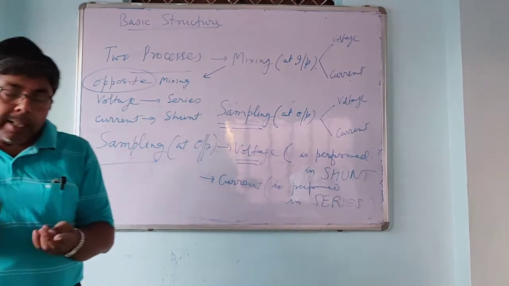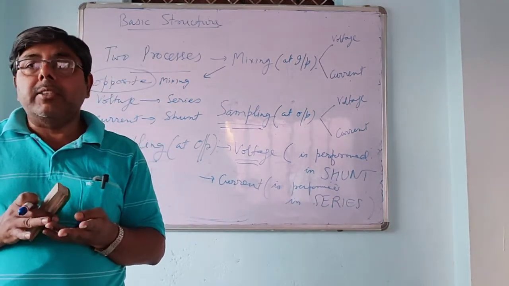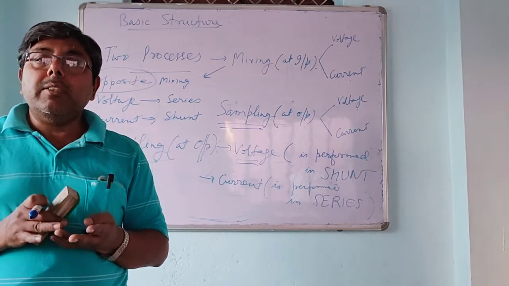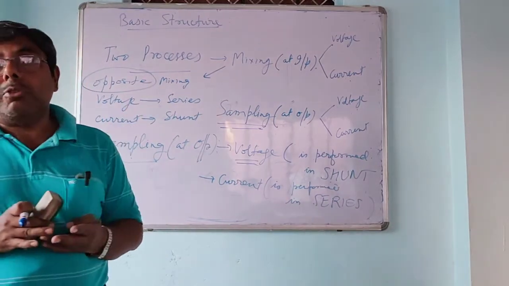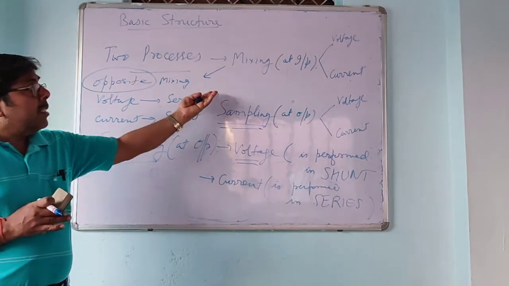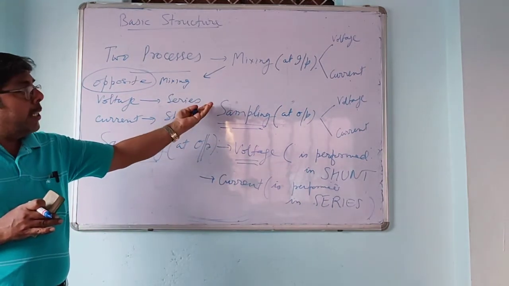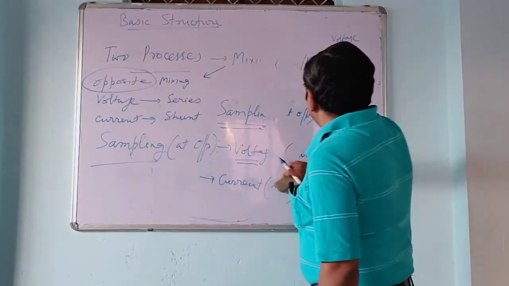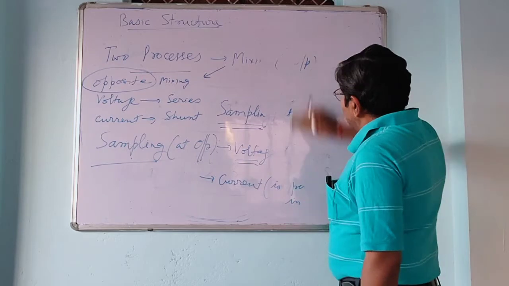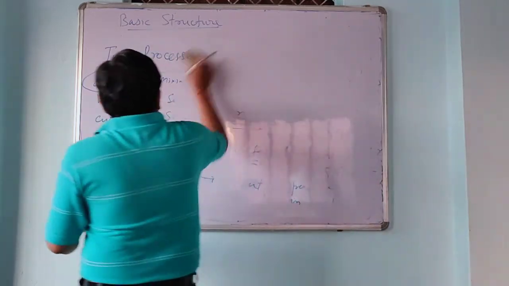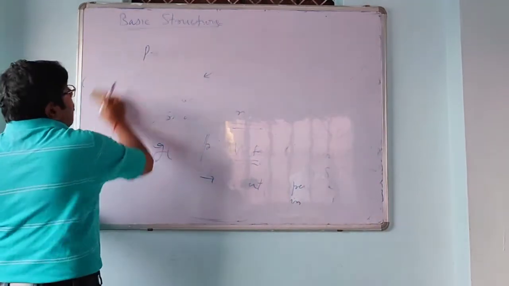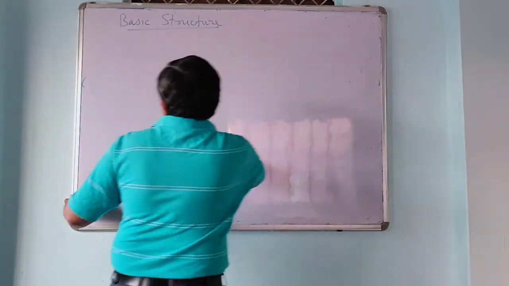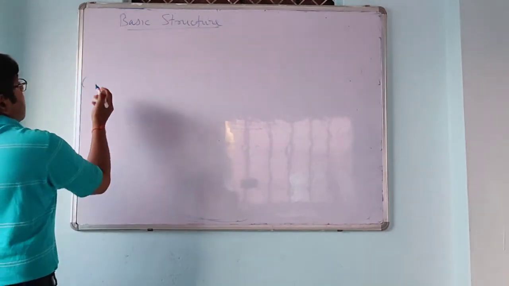Two processes are there, one is sampling, another is mixing. Sampling is obtained at the output, mixing is performed at the input. Sampling of voltage, sampling of current, mixing of voltage, mixing of current. So this is the basic concept. Now we will see the basic structure for all these four feedback topologies one by one. A very simple concept is there. First one is the